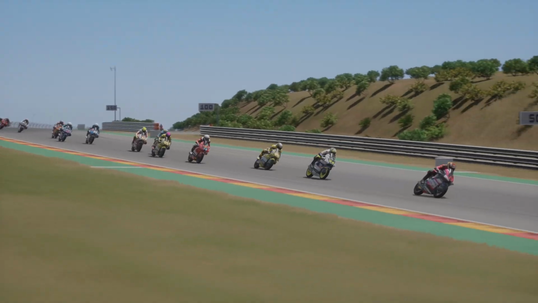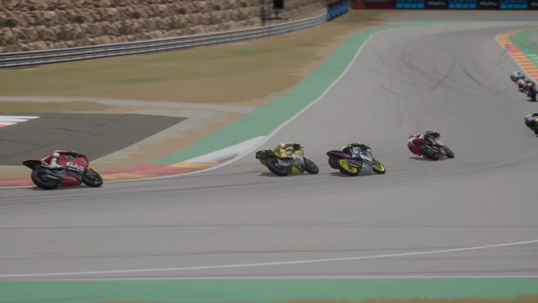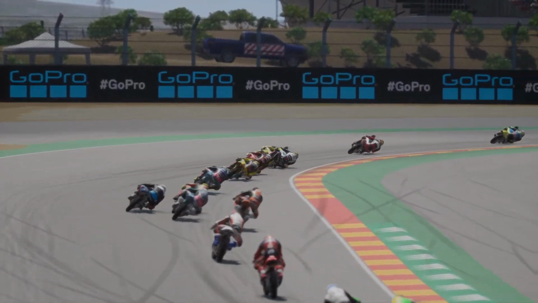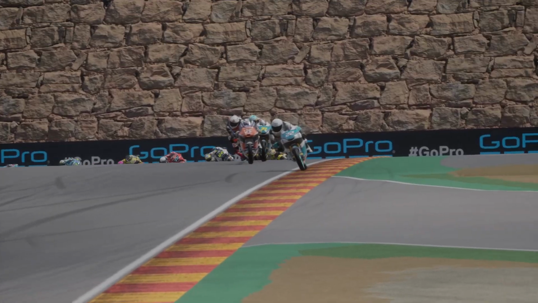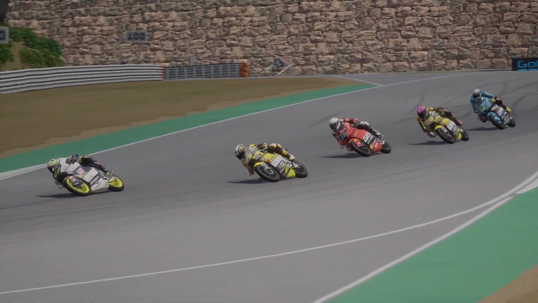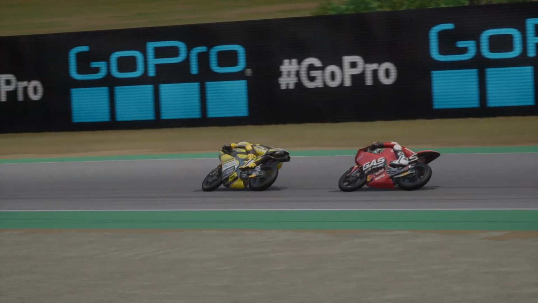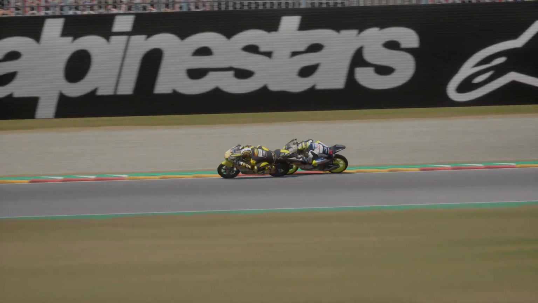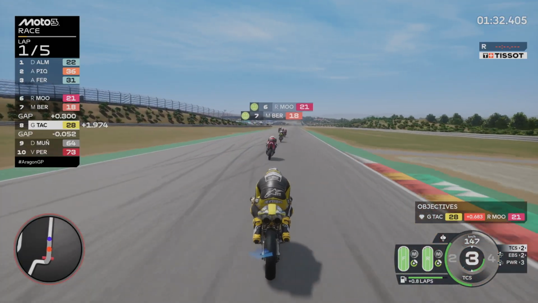Being a little sloppy, I let Perez through once more. But I fight straight back and even send a dive bomb on Munoz. Now, anyone who follows Moto3 knows, Munoz is a wild one, and his AI version is no different. He doesn't back down for a second. So I fight fire with fire and manhandle him aside through turn 15, heading onto the long straight, back behind